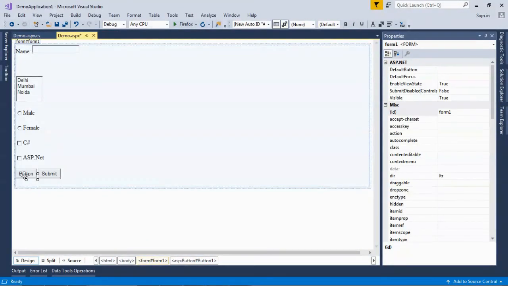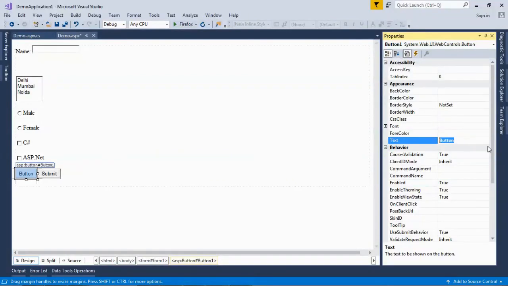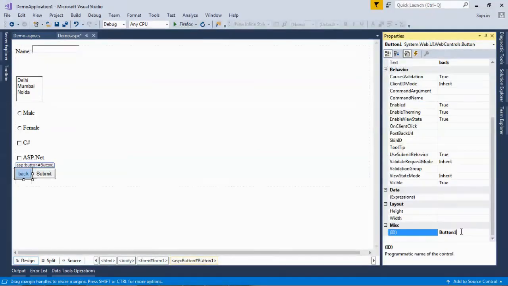I am putting the back button before the submit button. Click on that button. Here the text will be Back, and the button ID is btnBack.